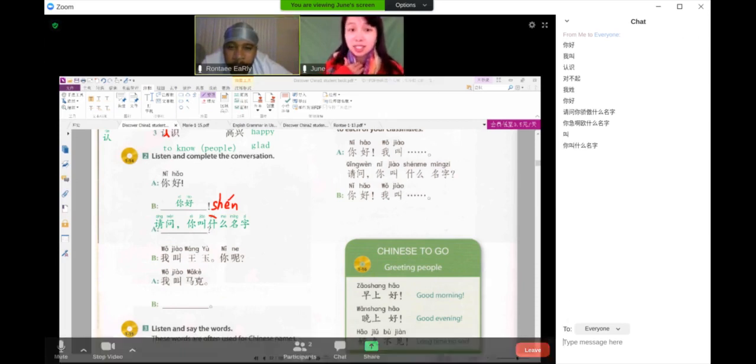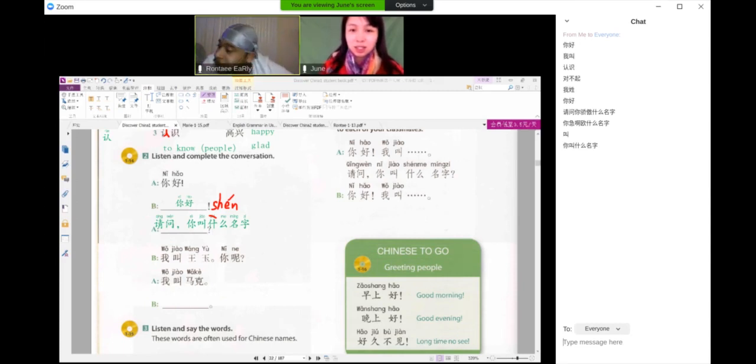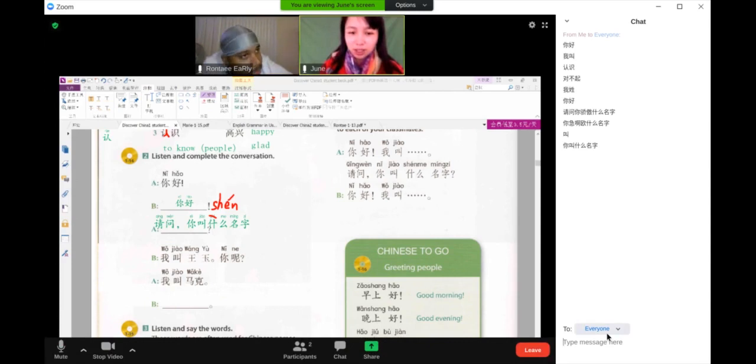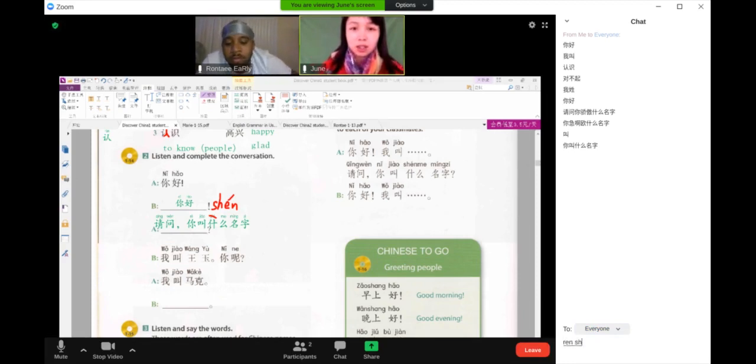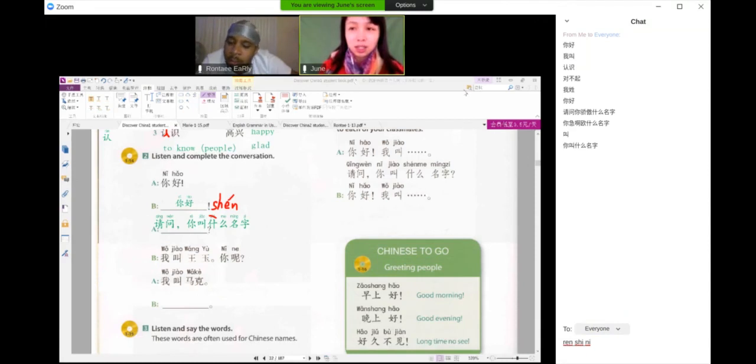I gotta hear that again. Okay. Once again. 认识你很高兴。Good. So characters, show me characters. 认识你很高兴。So 认识, right, to know. 认识你很高兴. Where is 很高兴？对，so the whole sentence again: 认识你很高兴。